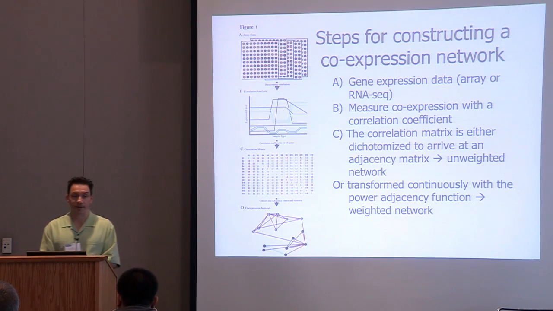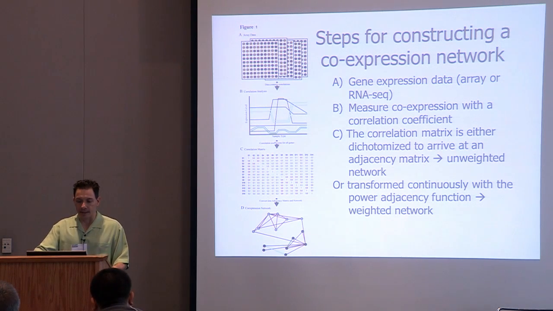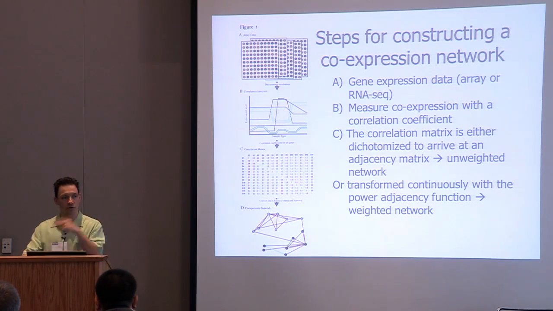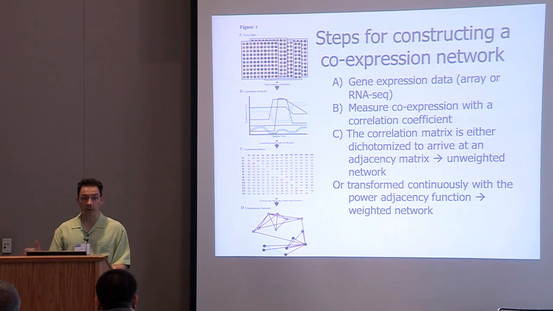And why? Because it can distinguish between positive and negative relations. And therefore, a correlation is not a network adjacency. Remember, an adjacency is a number between 0 and 1. So we need to transform this correlation. In a second I will show you how to transform it, but after the transformation, then you have